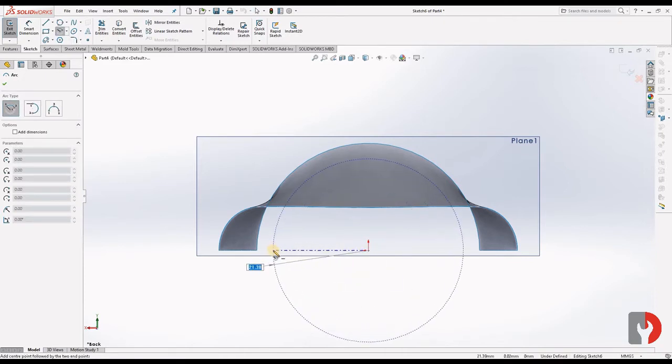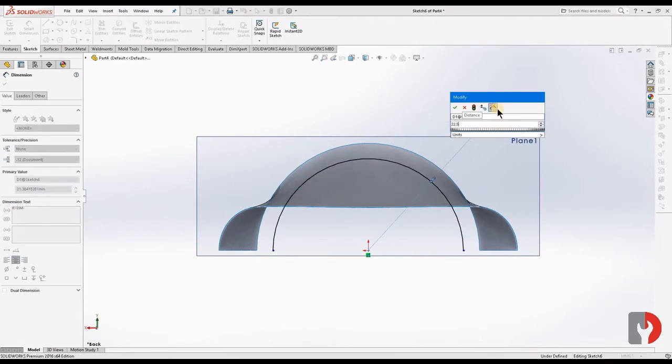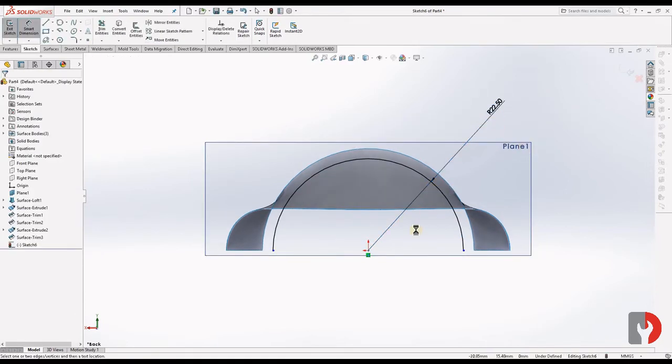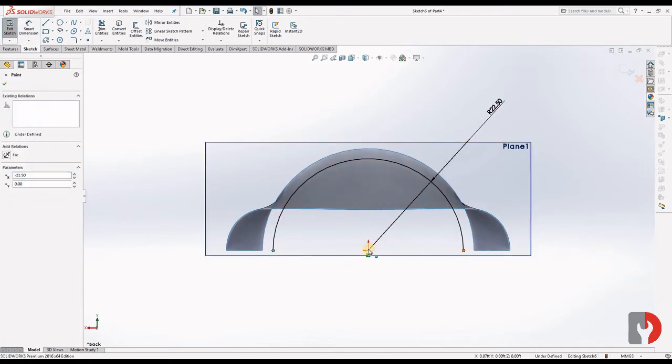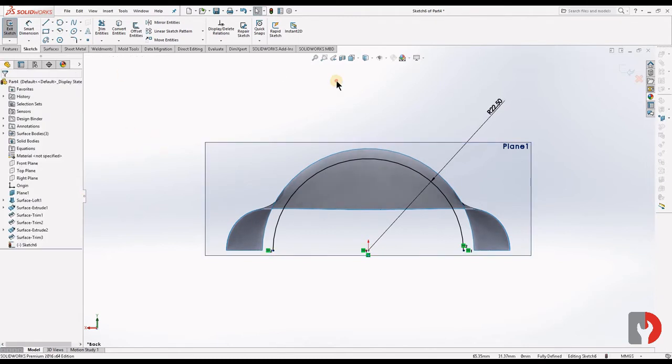Select center point, first point and second point. Dimension it 22.5. Okay, now select first point, second point, and the origin. Relation horizontal. Now it's fully constrained. Exit from the sketch.